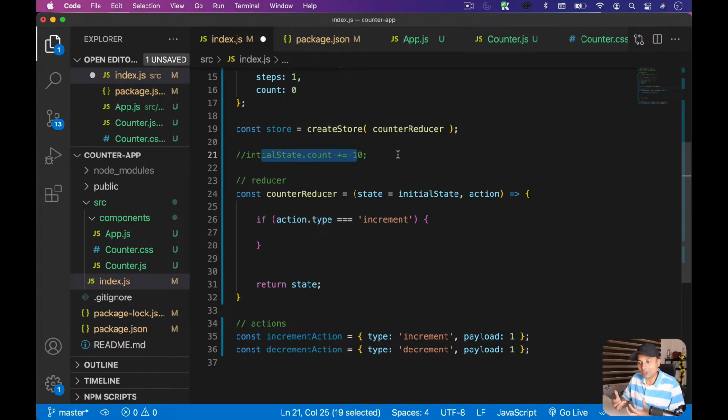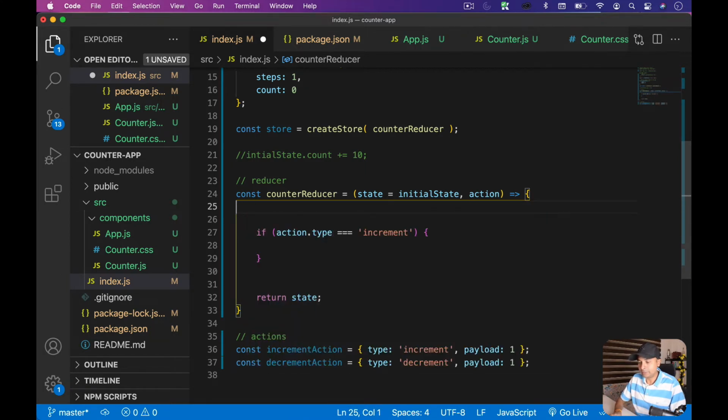In React also, right? State mutation, I mean directly modifying the state, is not a good idea. We always create a copy of the state, then we modify it and we return a new copy, so that we can always maintain the history of the state, right? So what I'm going to do is create a new variable here